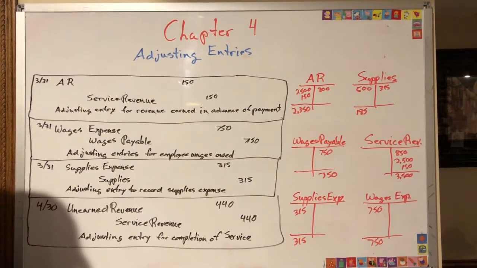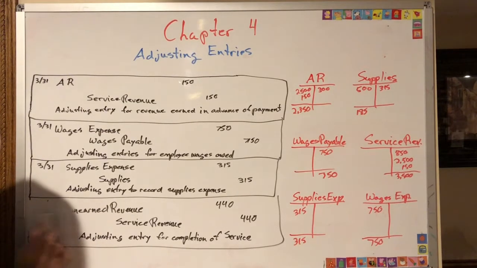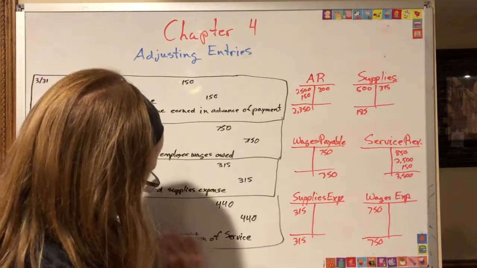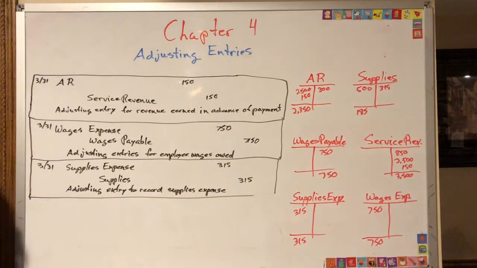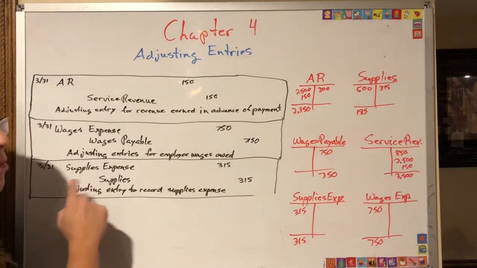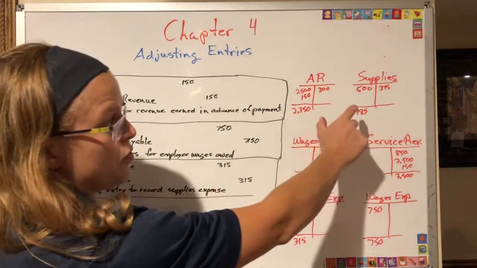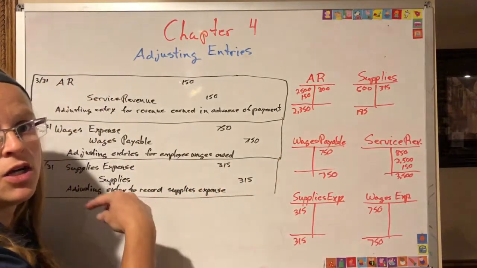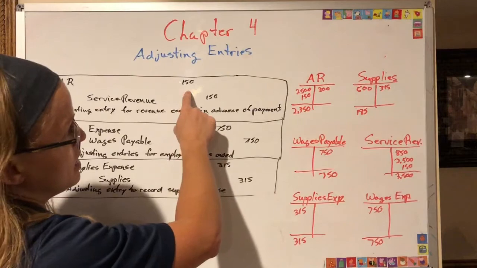All right, so now that we have recorded the adjusting entries, we're not going to post this journal entry, but we're going to post them to the ledger, to the T accounts. So I only have a few T accounts listed here, and these are the T accounts that are impacted by the adjusted entry. All right, so accounts receivable is debited